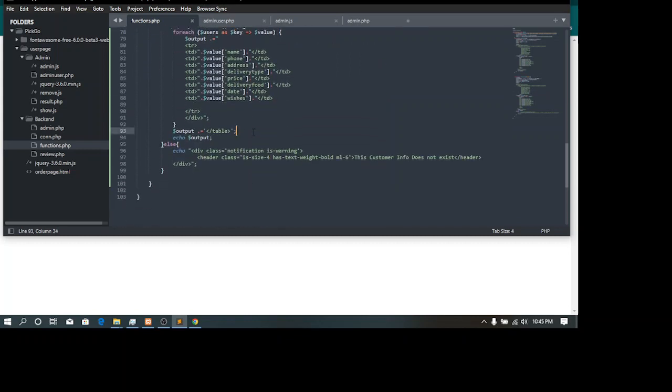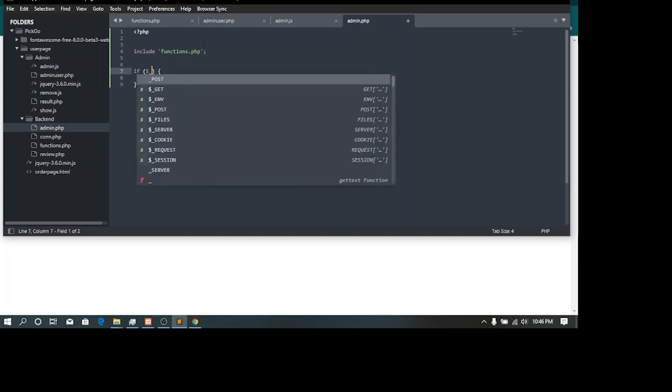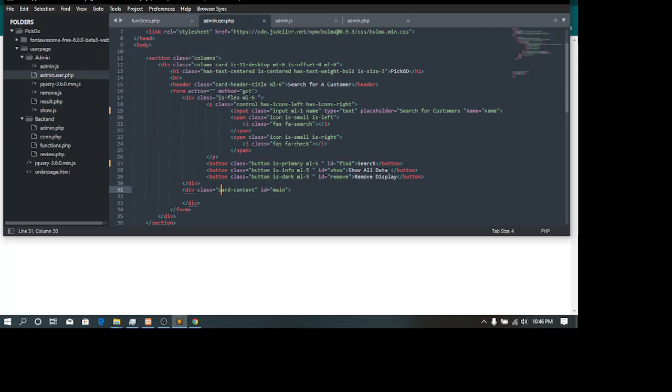So the next thing we're going to do now is pretty simple. We're going to go to the admin here, and we're going to include our functions.php. Then we're going to say if $_GET, because right here we're getting information.